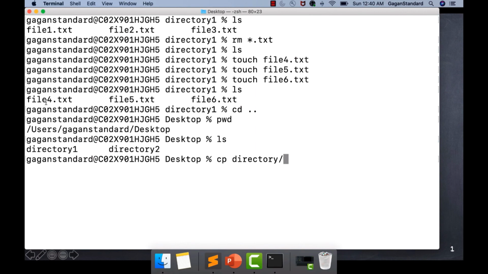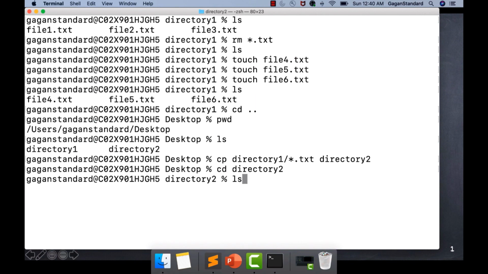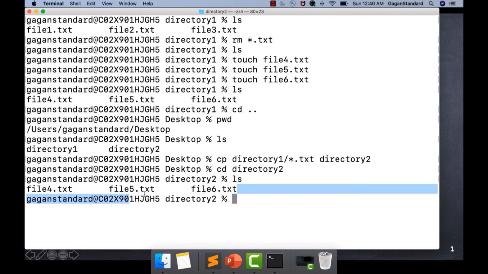I want to copy all the content, that is all the files, so I'll give star, that is a generic thing, .txt, and then I will give the other directory name, that is directory 2, hit enter, and yes, it is done. So let's navigate to directory 2, and you can see all the 3 files are present in directory 2.